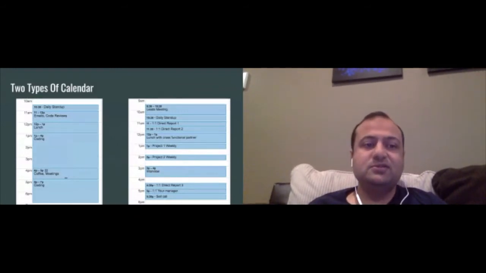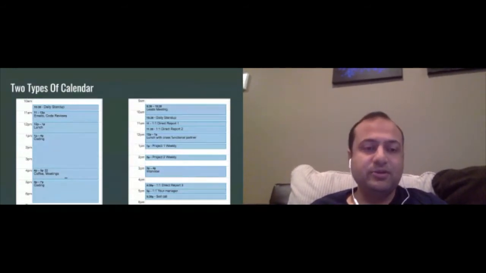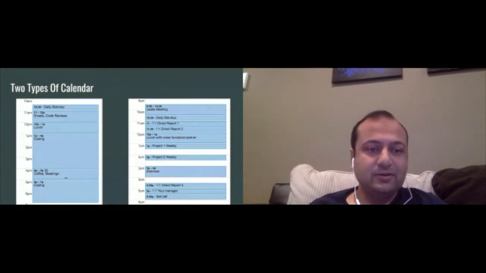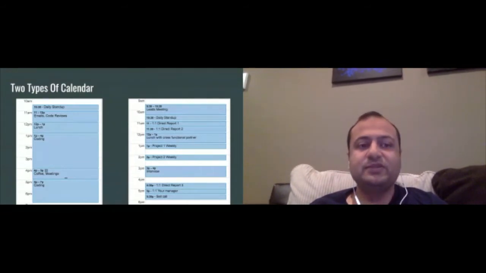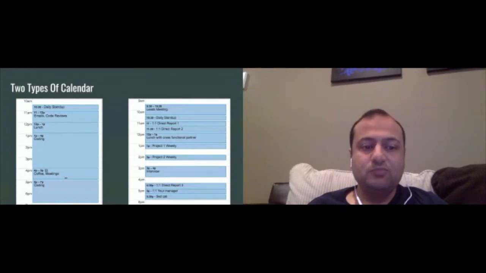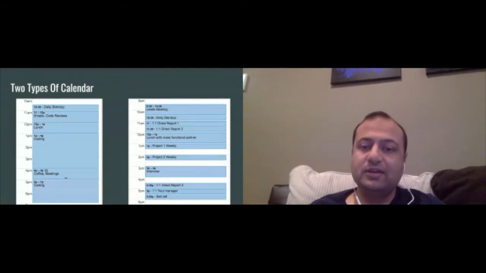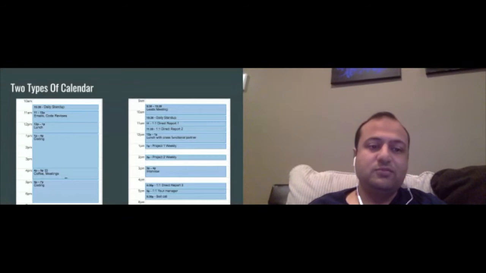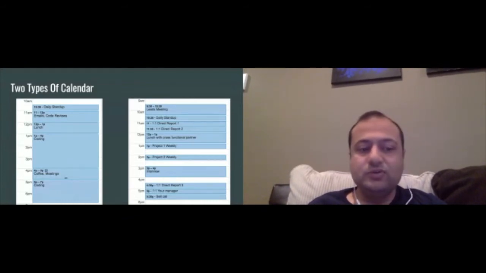So for instance, on the left-hand side, this is what a typical IC calendar might look like, where you start off your day with a daily stand-up, you do some emails, you do some code reviews, and then you're off to lunch. Then you have a dedicated time period or block of time where you are doing heads down coding for about 3 hours. You take a break, you do some meetings, come back, have another dedicated 2 to 3